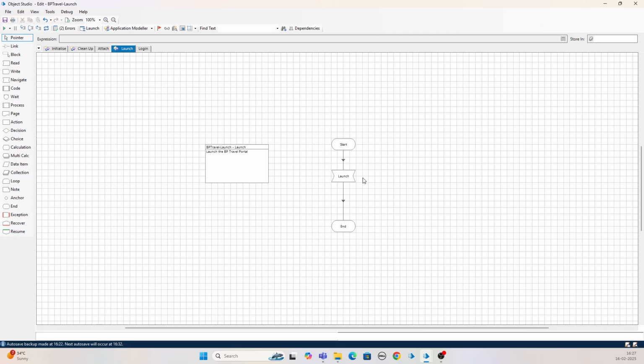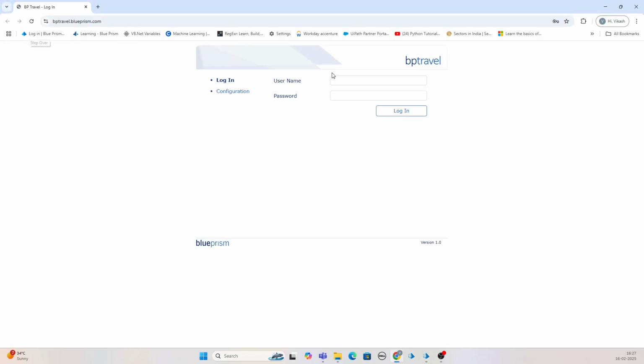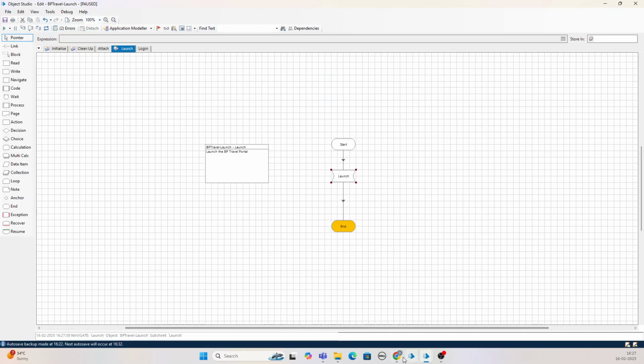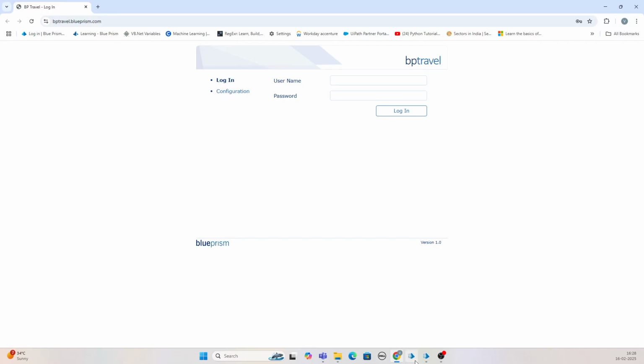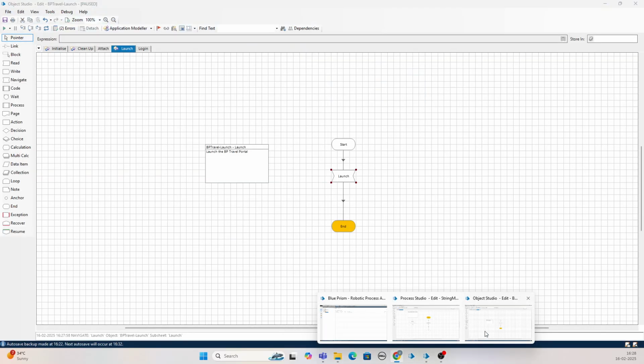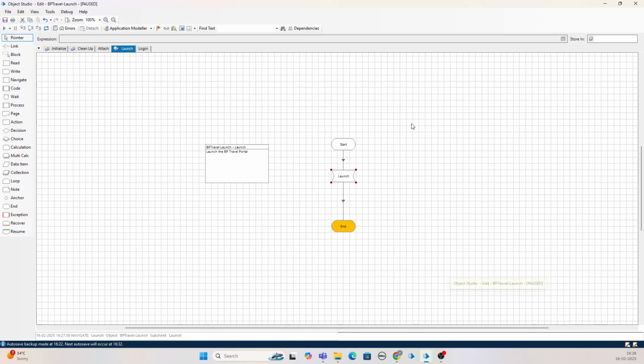So right now, there is a shortcut key for this also. Just press Control Shift and then the stage, and that's all. The bot will start running from this point. So it has become very easy. Now the next feature I would like to discuss